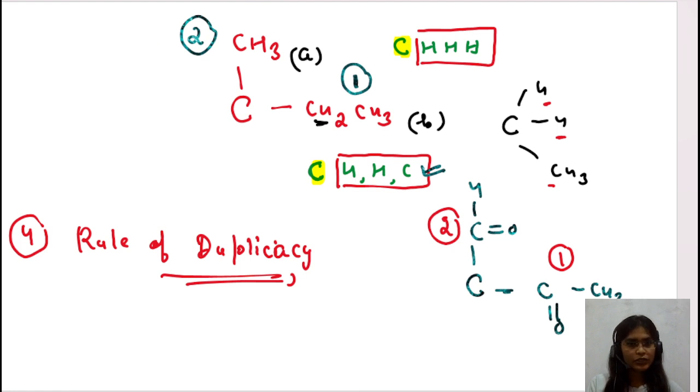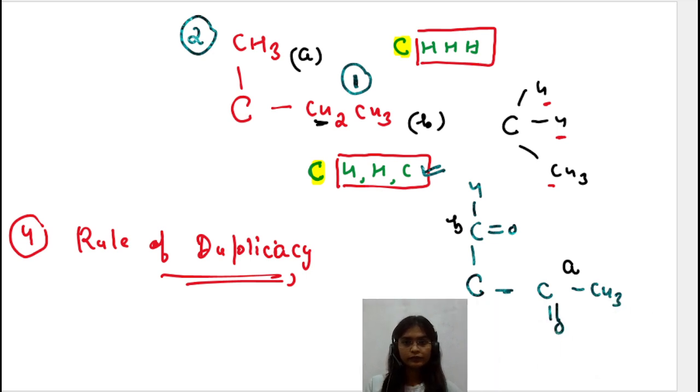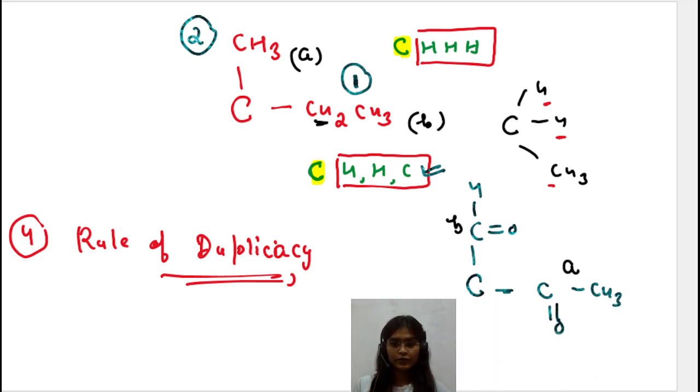Let me just use A or B so that you can give me the correct answer. Let's suppose this is my A and this is my B. According to you, which one has the first priority now, A or B? Just wait for a while. I guess it's now visible. A. Okay. My question to you: why not B?